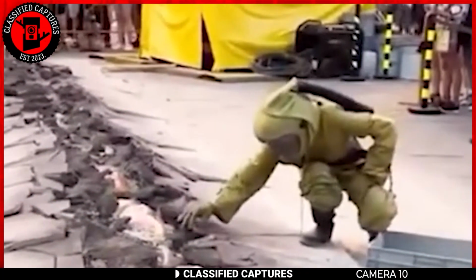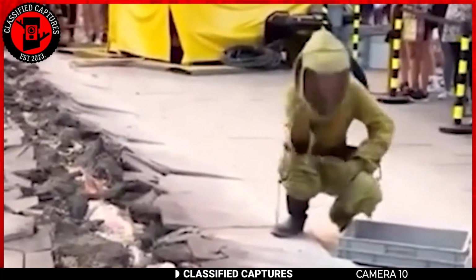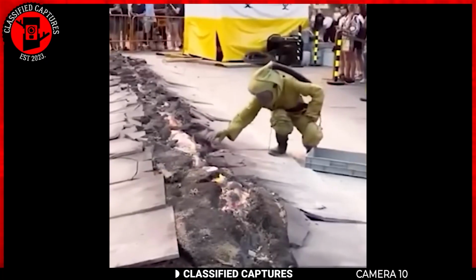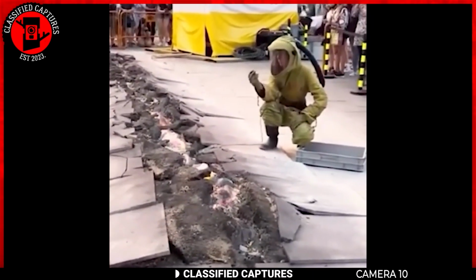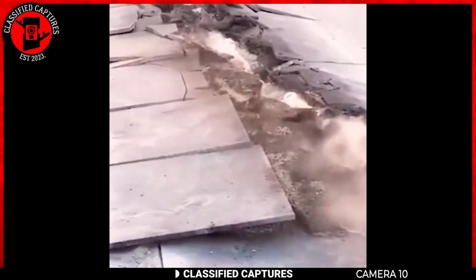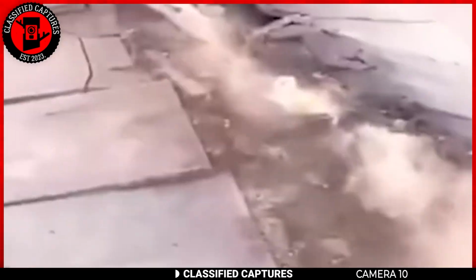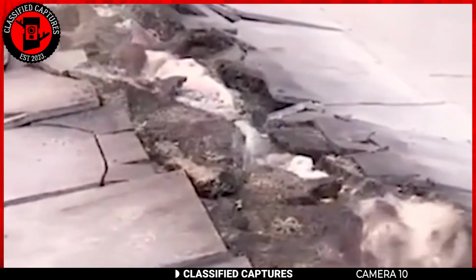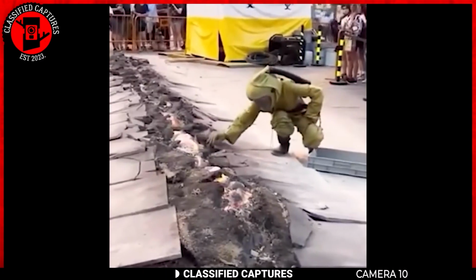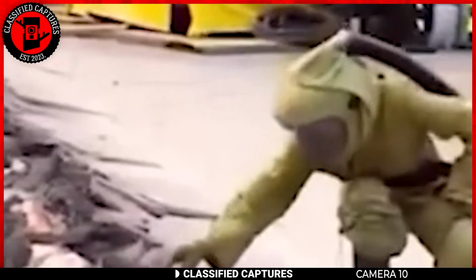Next, we've got an intriguing clip, though the exact location where it was captured remains unknown. Take a look. The footage captures a dramatic scene where the ground has split apart, revealing hot, ashy stones rising from the fissures. Barricades have been set up around the area to keep people at a safe distance. What's more, there's an individual in the center dressed in some sort of protective suit,